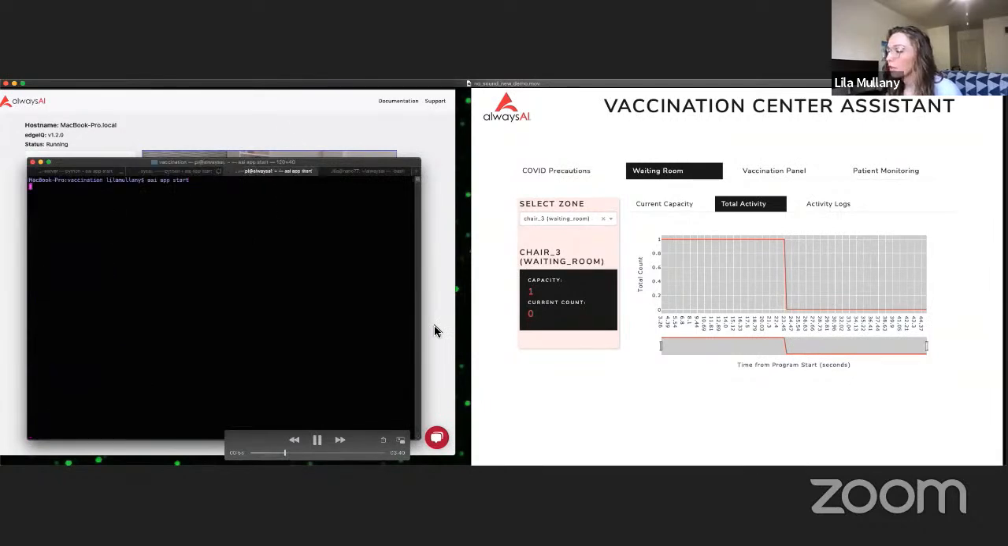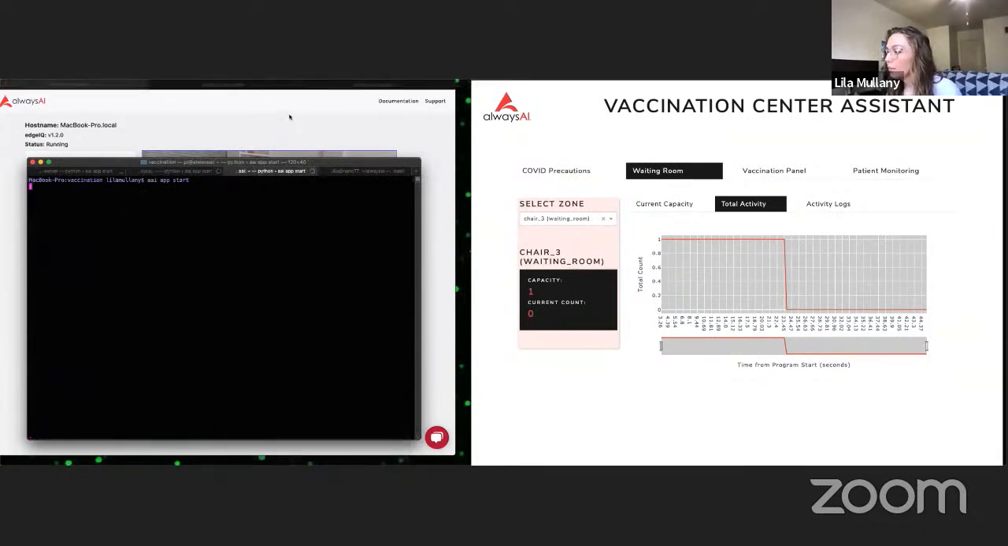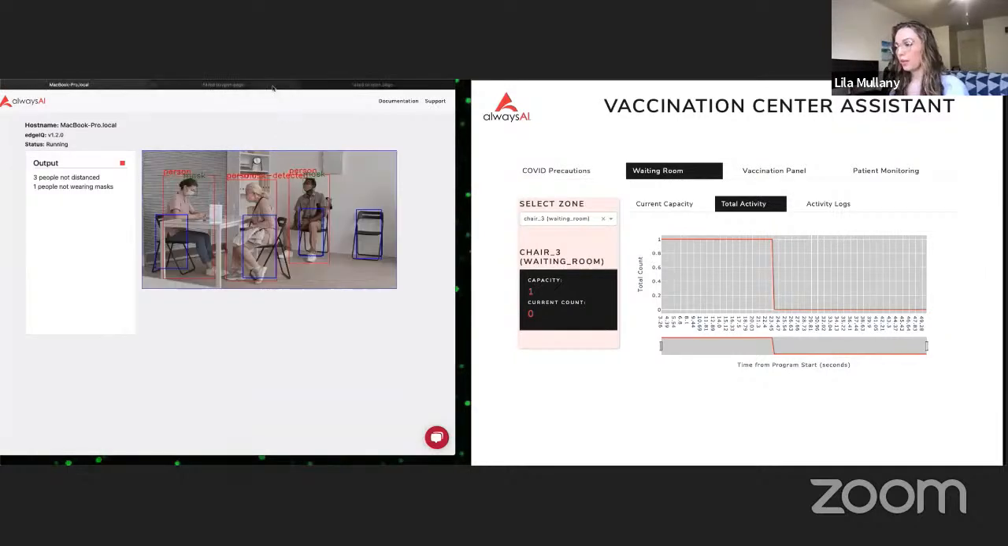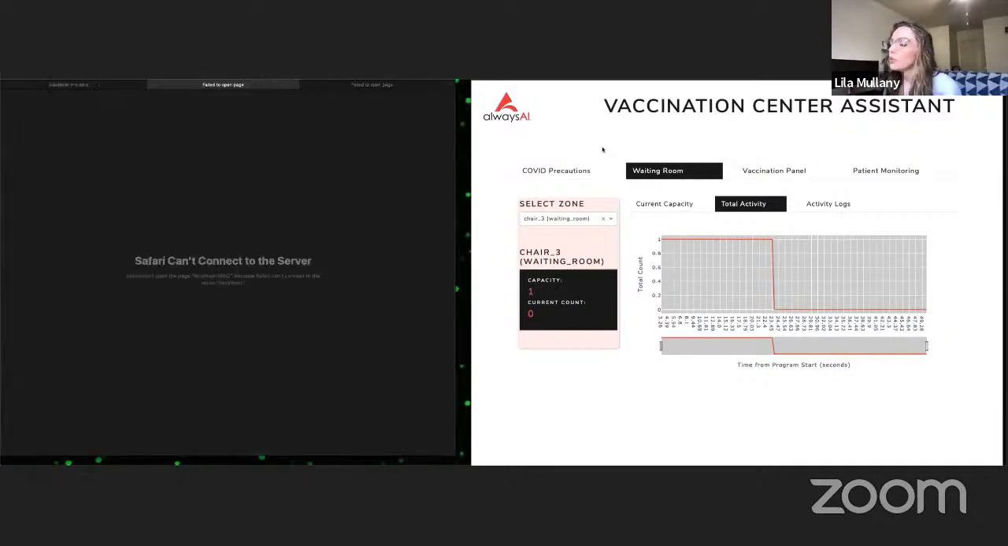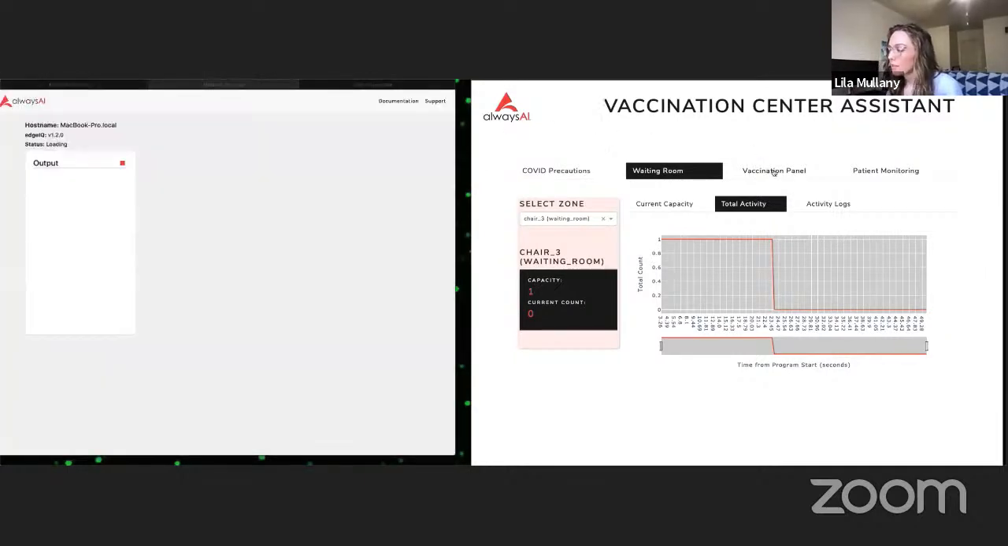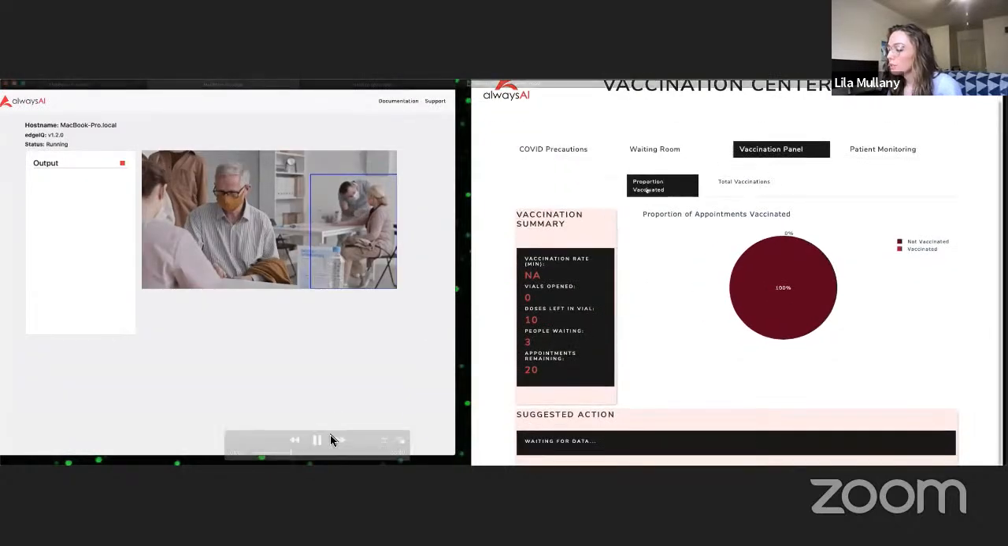So at this point, we'll start the vaccination app. And it started the same way the other ones were with AI App Start. So this application, as I mentioned, monitors a specific region for 2 people to be in that region for a prolonged period of time. And you can set that time to be